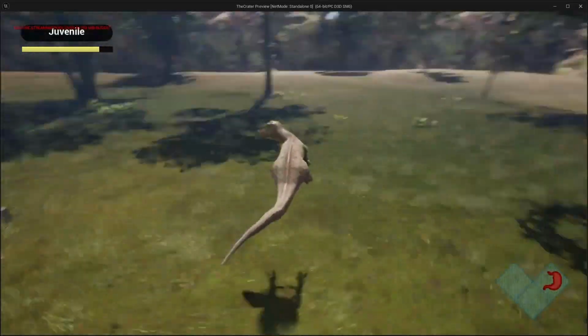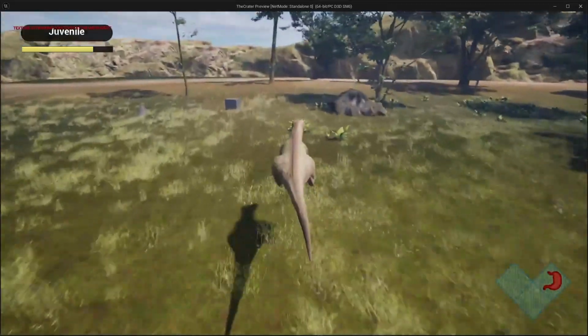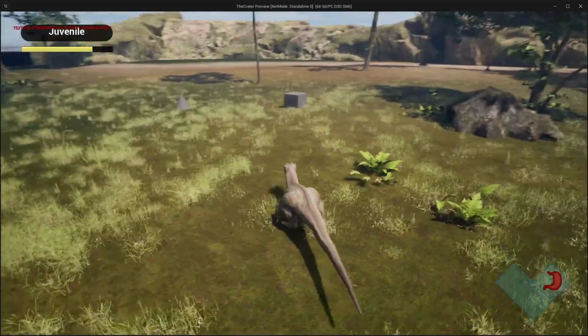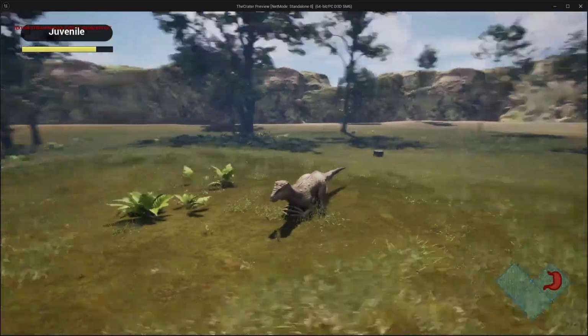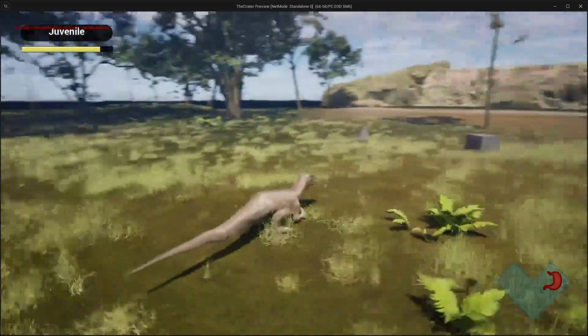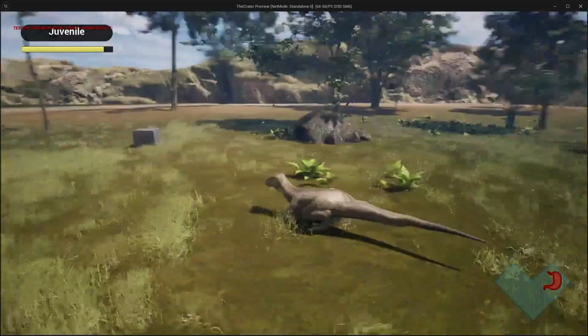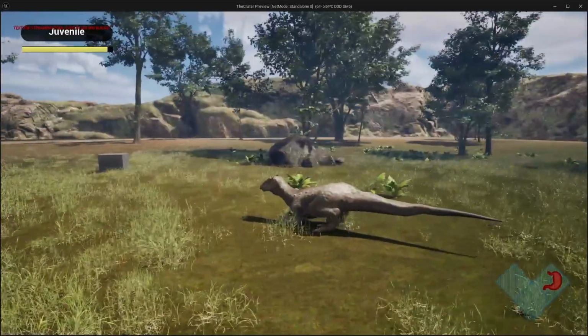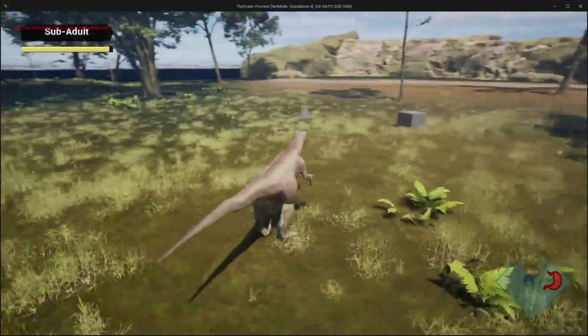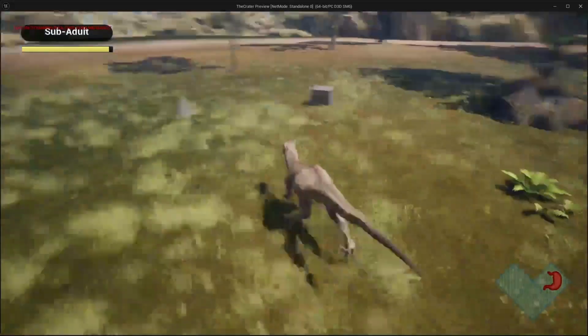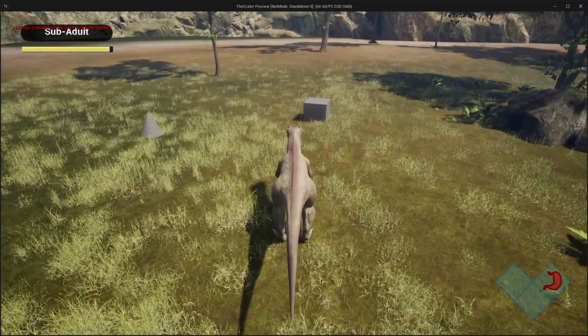So yeah, and everything else works just fine. We're good to go. It all blends well. We look great. Don't mind his little tail bend there. I've been playing with the animations and I kind of broke his tail, so I'll fix that before I put it out. But again, I will have this whole model and all his animations once more